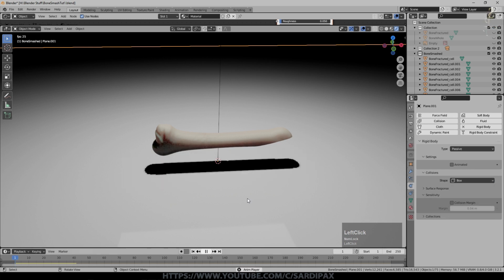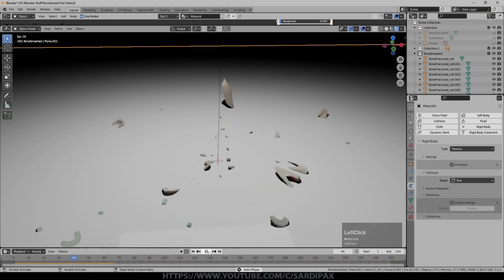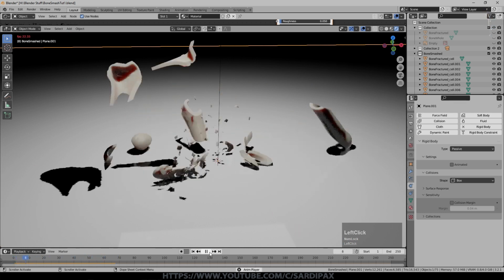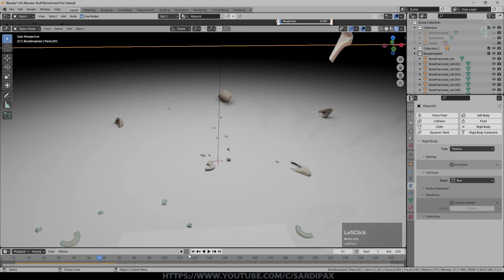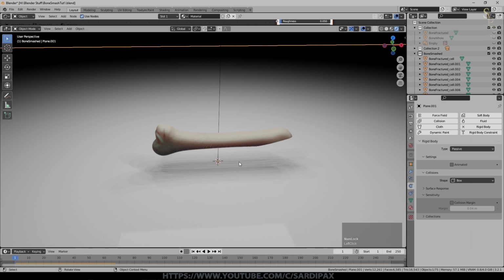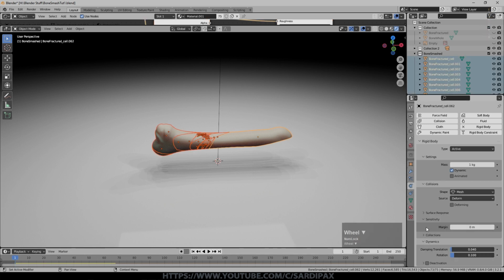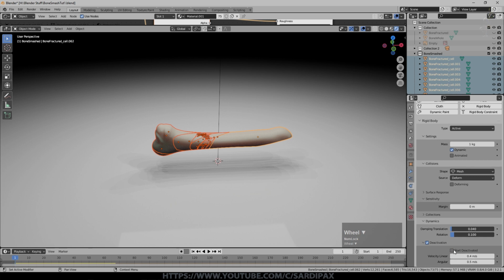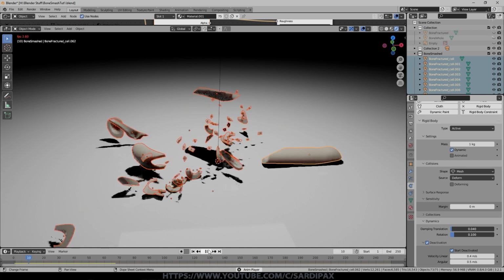So we'll set it to play again. Although it's still exploding, at least we can see it is somewhat acknowledging the existence of the ground. It is falling through it a little bit, and there's always a lot of tweaking that's necessary. Again, we can put a collision margin on the ground, and also we can turn on dynamics and deactivation. And if we open that up a bit, we could tell it to start deactivated. So what this should mean is until something collides with it and causes movement, the collection should just stay where it is. However, if we've still got a problem with the margin, that's not going to work. So we still have, you can see, it's all just flying apart.